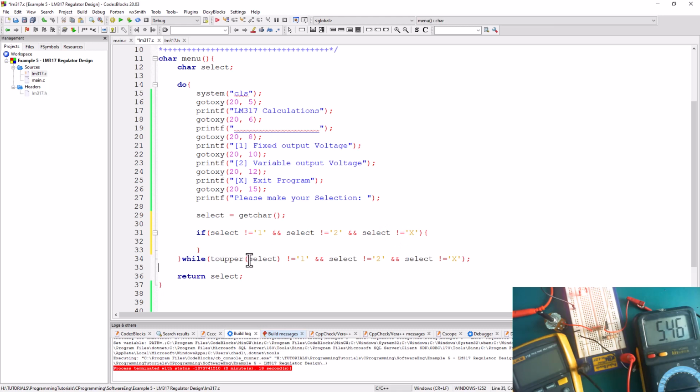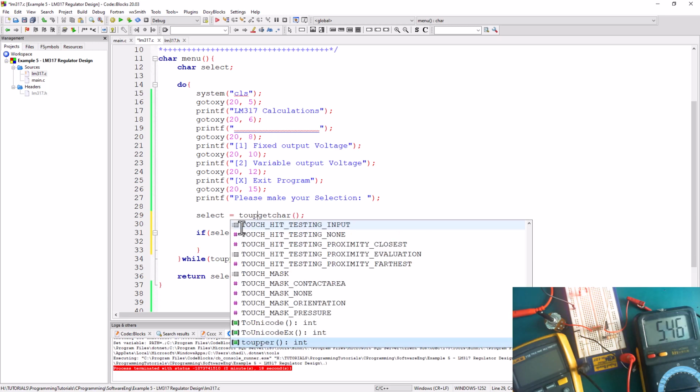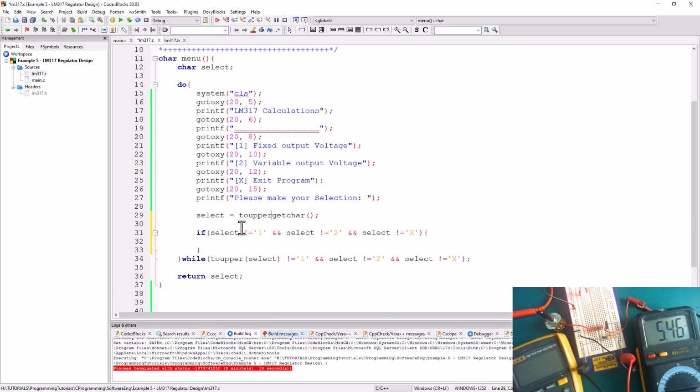So I'm going to just change these toupper, okay? I'm going to put the toupper where I'm getting the character. So I'm going to say toupper there, and this one here I'm just going to leave it to be select, just like that. Okay, that way I can also get the capital letter if the user enters a small letter,